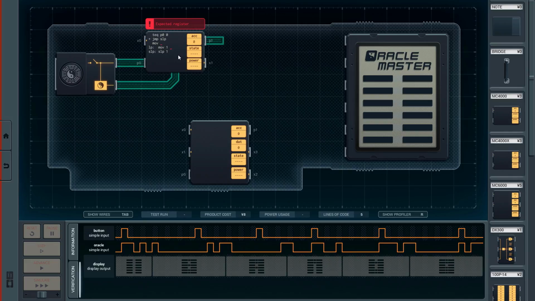So if we move 6 to AC, and then in the loop we have to do a test equal. No, we need an initializer first, so let's move -1 to x1,